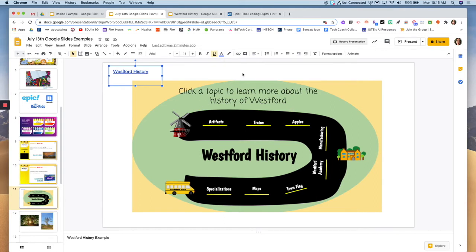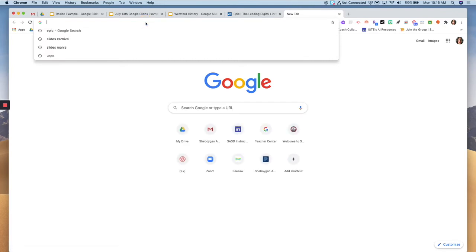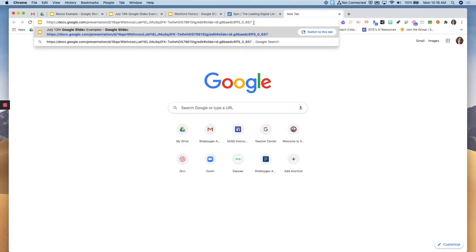One last thing, so I mentioned how you're going to want your students to be in presentation mode when they are viewing anything with slide linking. You can force students to open something in presentation mode. You might be familiar with the forced copy in Google Docs, and this is the exact same thing. So what I'm going to do is take my URL and copy that. And then if I put it in a different tab, and before I hit enter, I get rid of this last portion up to the edit,